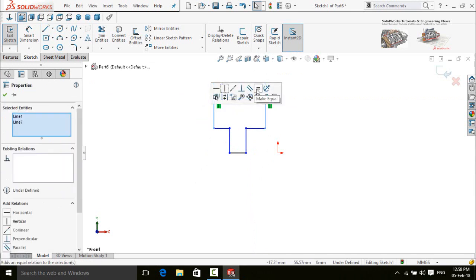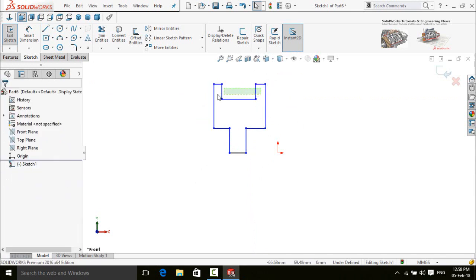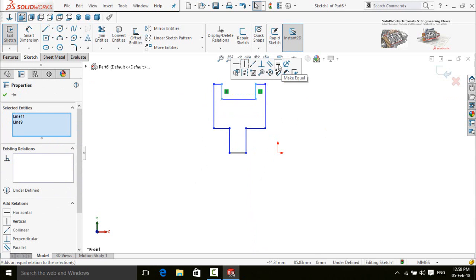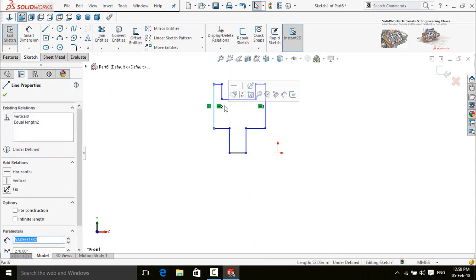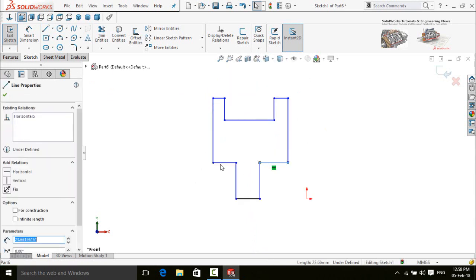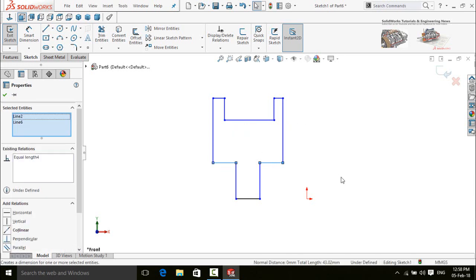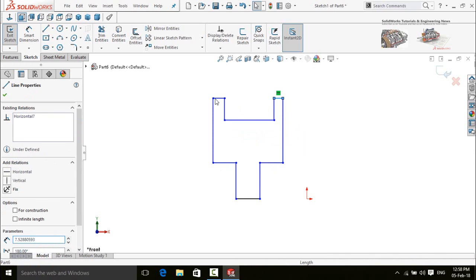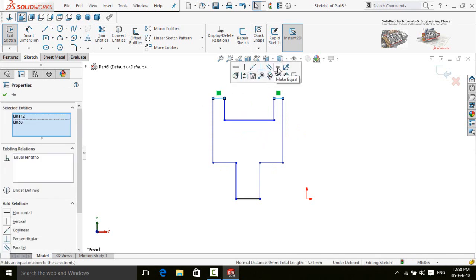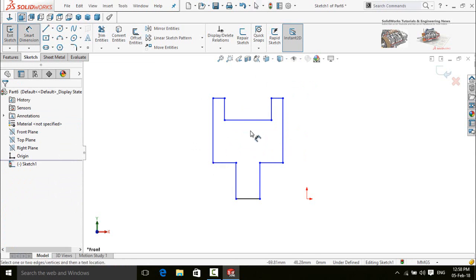Similarly for these lines it is equal, and also for these two lines the relation is equal. Now press and hold the Ctrl key from your keyboard and select both of these lines, make their relation equal. Similarly for both of these lines it is equal.